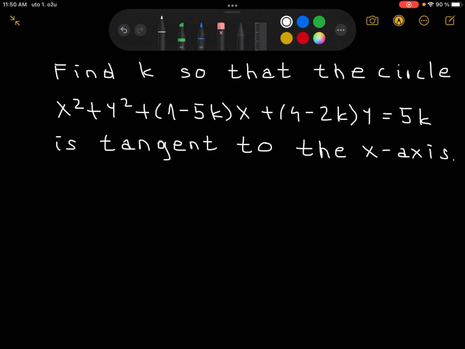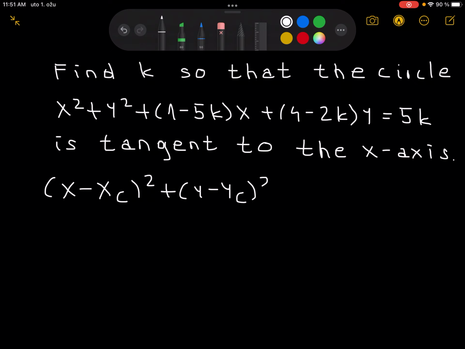Everybody. Today we're going to be doing a nice little analytic geometry problem. Namely, we're supposed to find a value of the parameter k such that the circle x squared plus y squared plus (1 minus 5k) times x plus (4 minus 2k) times y, which is equal to 5k, is tangent to the x-axis. Now, the general equation of any circle is given by x minus x center squared plus y minus